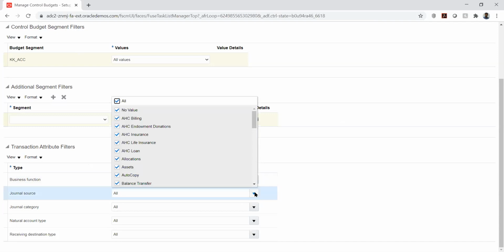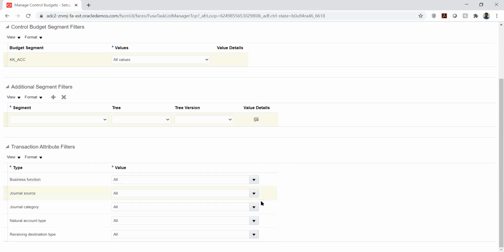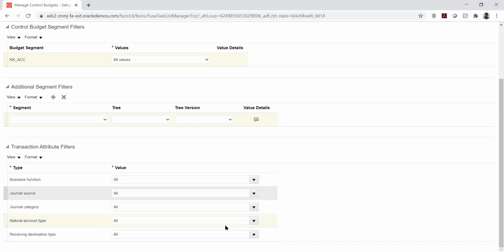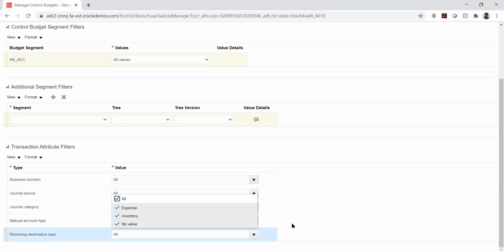If we want to restrict any particular source, we can do that, or we can enable for all the sources or the categories. So here as well, if you want to have only for the expense, we can have. So mostly we will enable this option only for the expense account types. Okay. So receiving destination, like if we have the inventory and expense, that also we can enable.